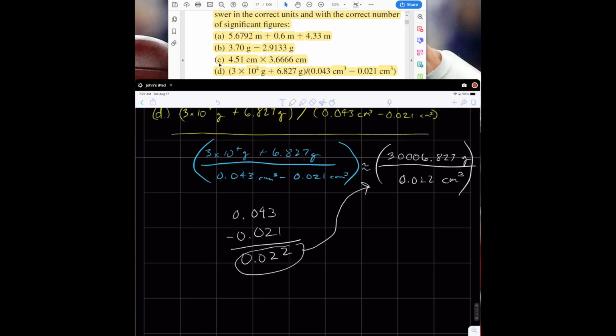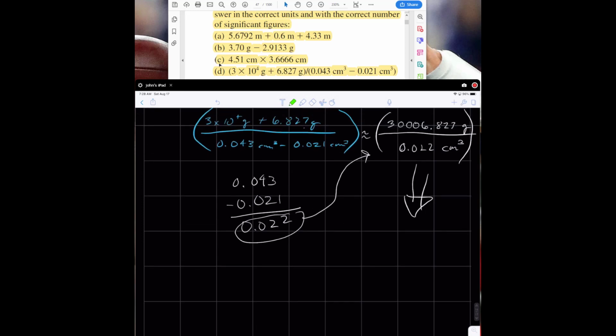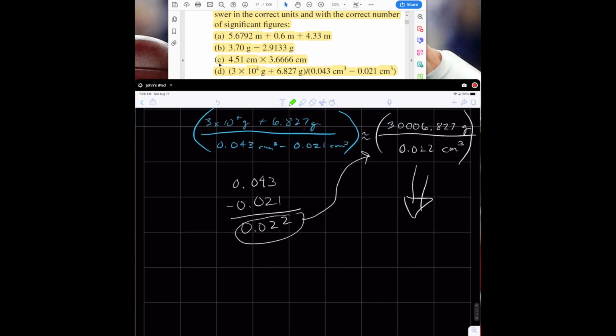So we can go ahead and divide this now in the calculator. Alright, 30,006.827 divided by 0.022 is giving us the number